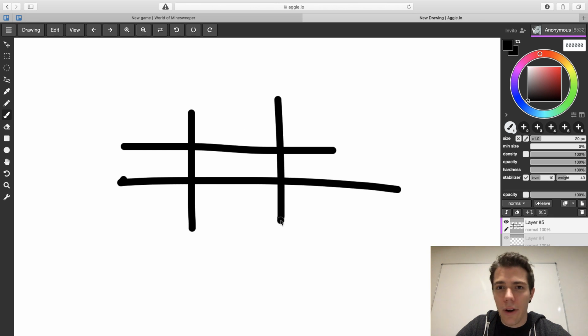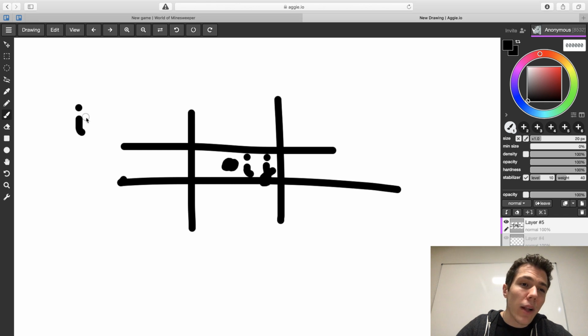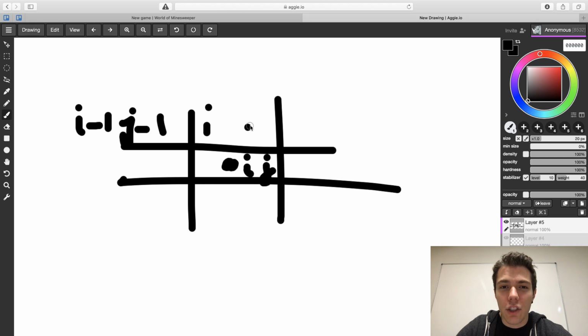So I have this board, and this is the cell that I want to compute the neighbors. This is I and j. So what I need to do, I need to look at this. Will have the coordinates I minus 1, j minus 1. This will be I and j. I used I minus 1 and j, and this will be I minus 1 and j plus 1,